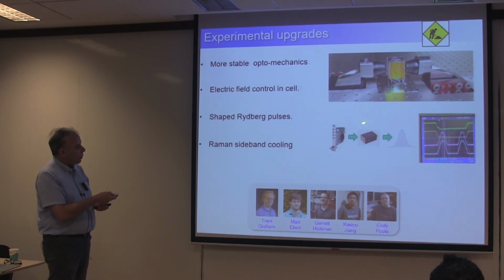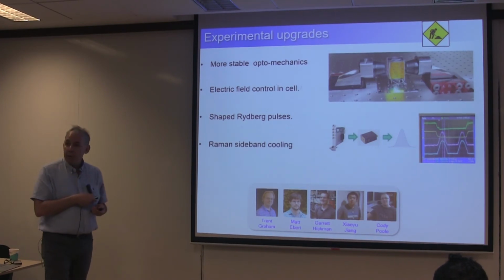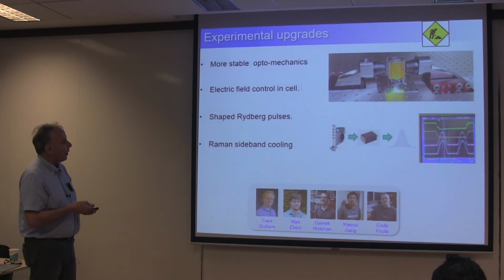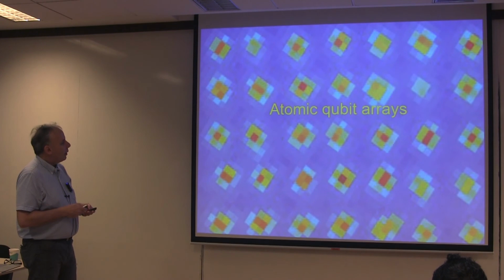This is to connect to electrodes inside to cancel out background DC fields to prevent unwanted perturbations to the Rydberg states. We've also put in place modulators for creating shaped pulses to implement some of these new gate schemes, and we're also implementing deeper cooling of our atoms with sideband cooling to reduce motional dephasing effects. So that's all stuff we're working on, and hopefully that's going to give some results in not too long. So that's sort of where we are on the experimental side of things, very actively involved in this.